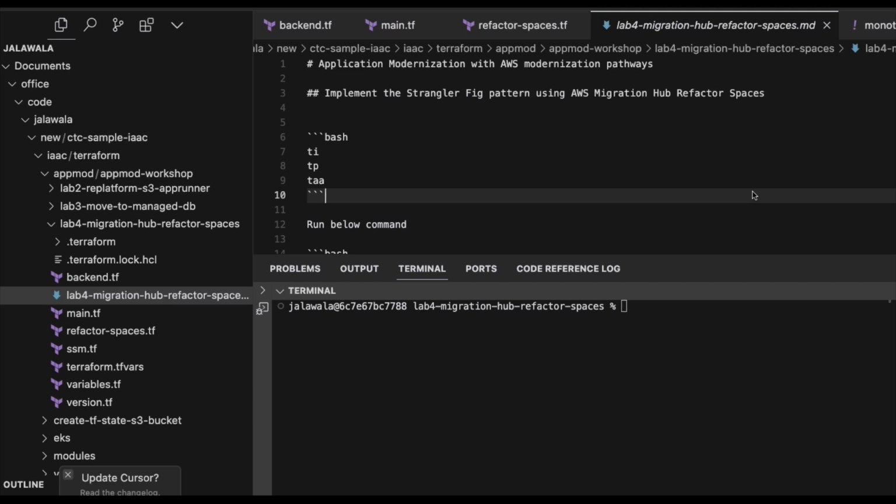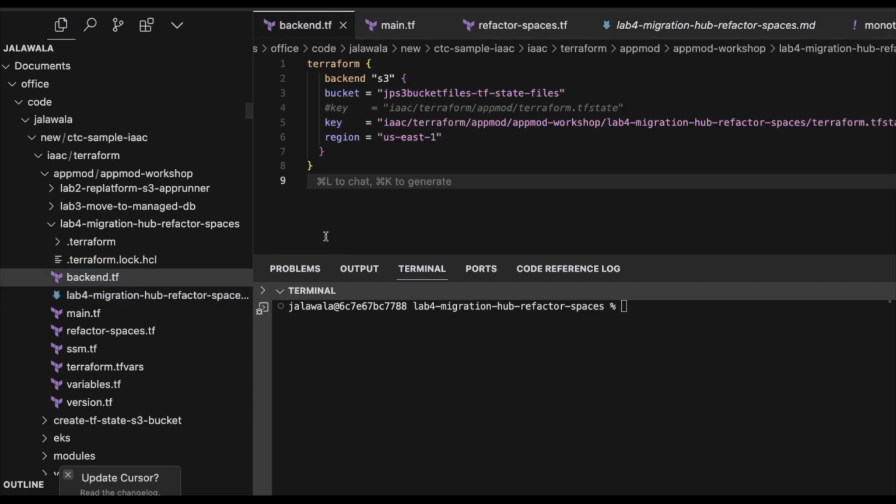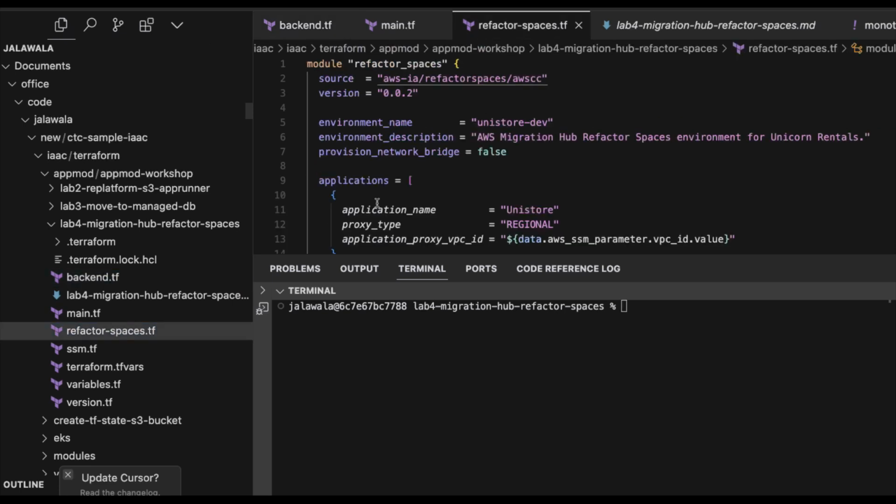So this is the code where we are implementing Lab 4, that is the refactor use case using the Migration Hub Refactor Spaces service. So let's go to the code. The backend is pointing to the S3 bucket path where we are hosting the state file, and as we know, there is a dedicated folder for each project that we are deploying. Now the important part of the code is in the